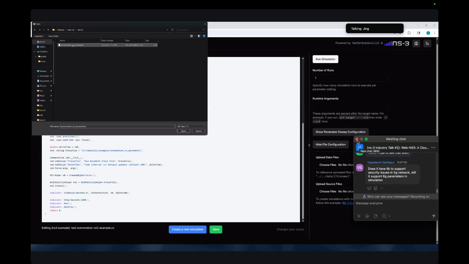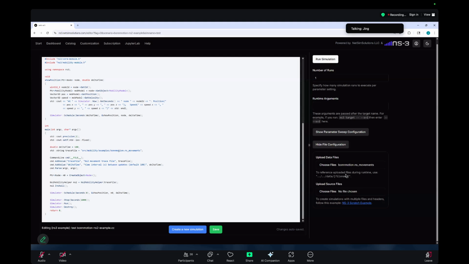So this file is part of the S3 build. When you run the example as part of S3, this already exists in the source tree. But because now we create it as an example, you cannot access the source directly this way. So you have to upload this file as an additional input file. Once you provide this file, you have to change the location of this file, use a relative path. Okay, so that's all you need to do, and add this as the path where the file will be stored